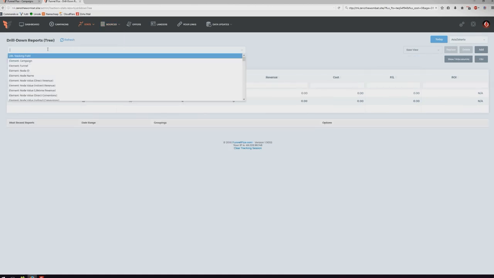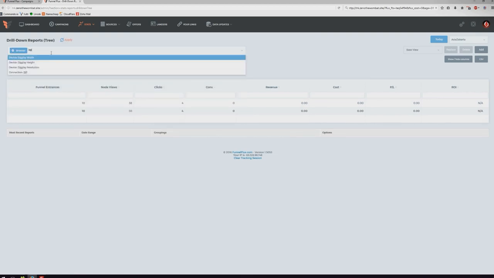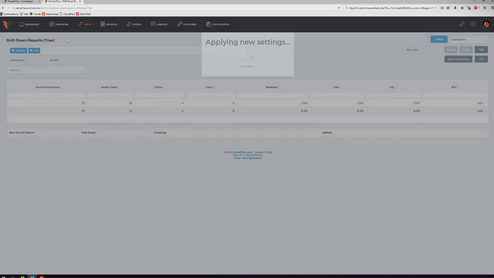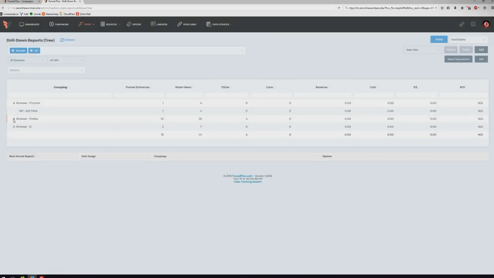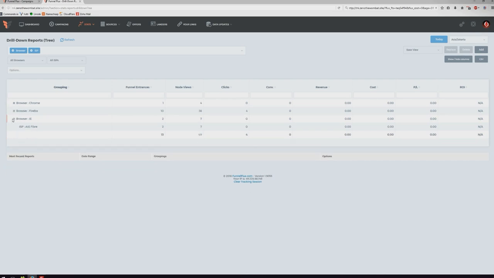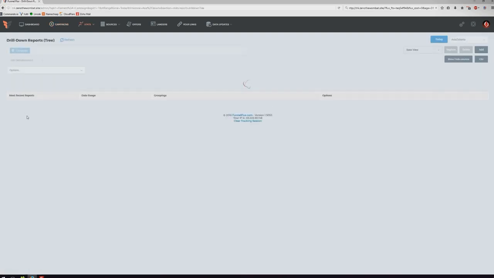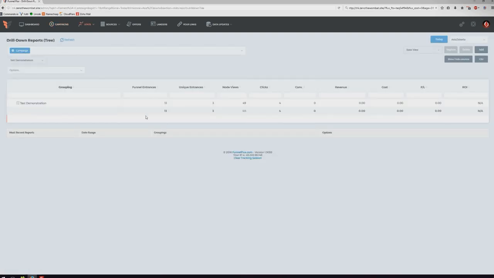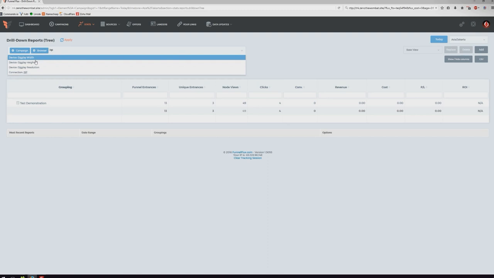If I do the drill down, the tree view, and I do browser, and then ISP, you can see it's a tree view where it expands like this. This is generally the preferred view of most people. But if you go from campaigns and you click test demonstration, it's going to add this campaign filter from the beginning so that you're only looking at test demonstration, and then you can load browser and ISP and so on